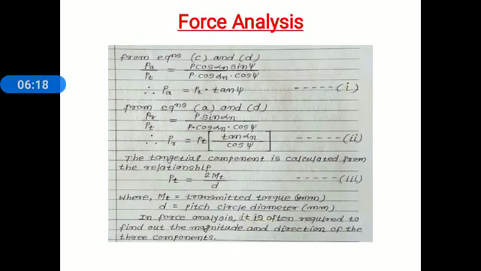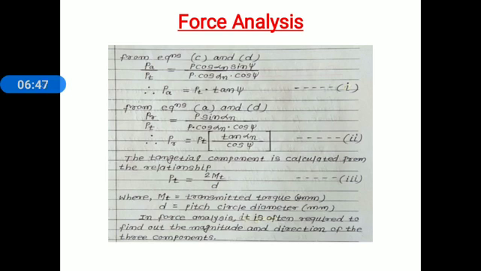The tangential component is calculated from the relation. That relation is already known to you; we already discussed it in spur gears. Now from the definition of torque, that is tangential force into the radius, the tangential force is 2 times torque divided by pitch circle diameter. Therefore Pt is equal to 2 Mt divided by d. Mt is the torque transmitted by gears, in Newton millimeter, and d is the pitch